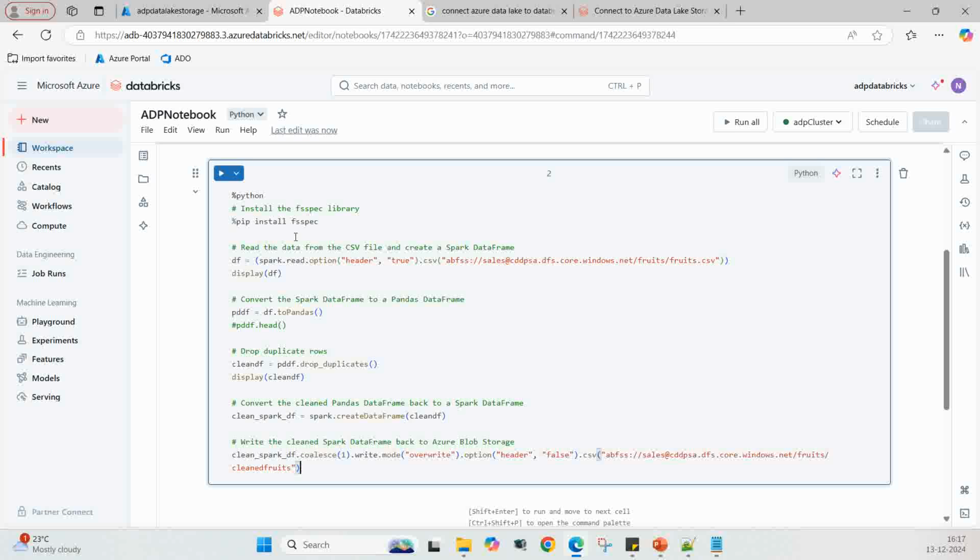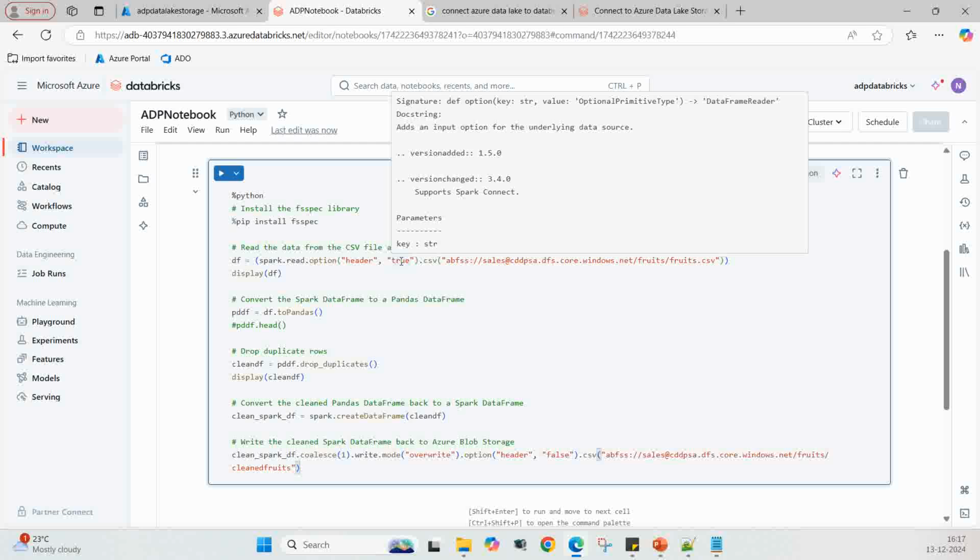Okay, so it starts from here. Df means data frame. This line of code loads the .csv file from data lake storage to the df instance. Okay, this is an object. For this, spark.read.option header true means,